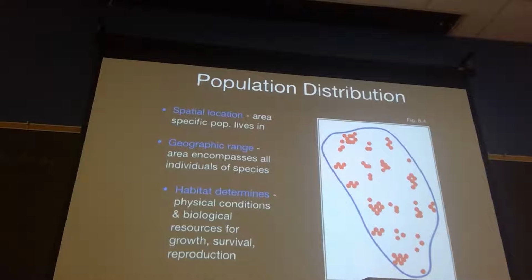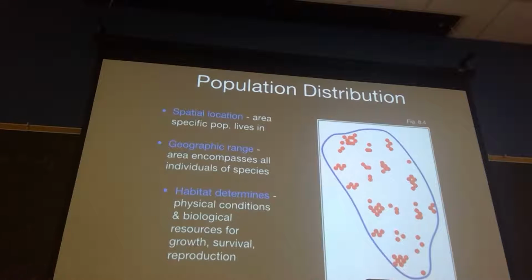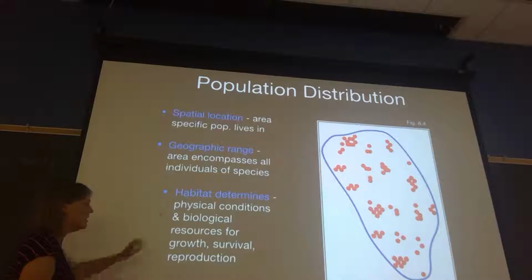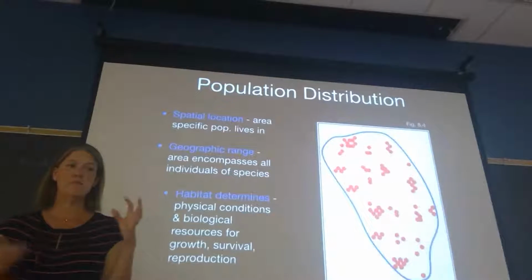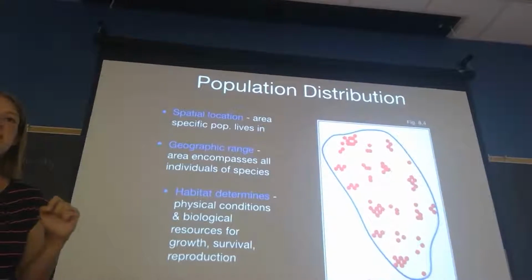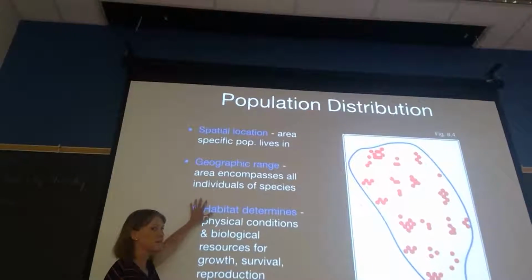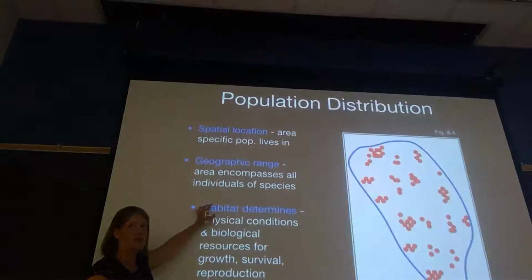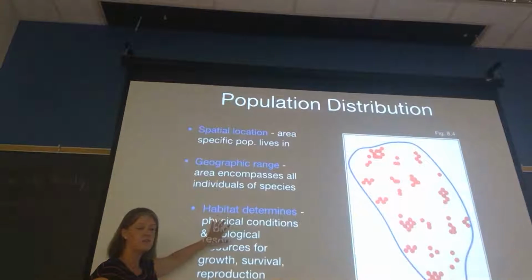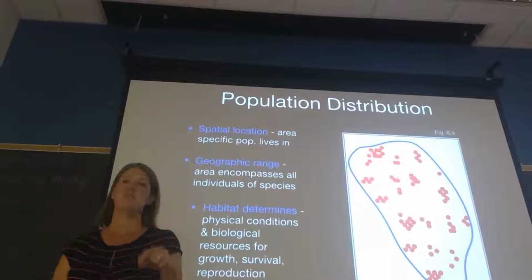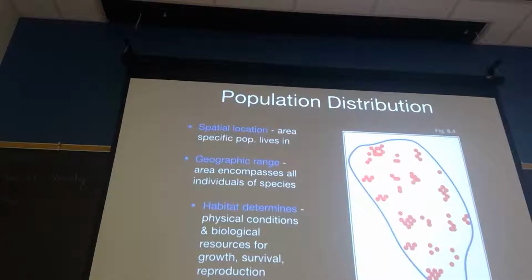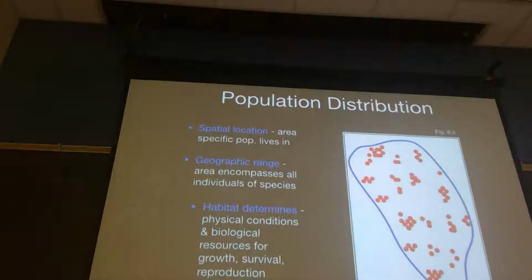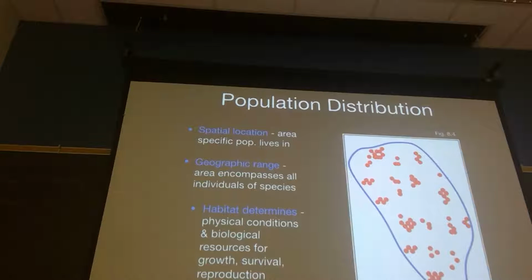They might not actually be there, but they could be there. That's the geographic range. The habitat, the physical environment and the biotic interactions, determine the geographic range that's possible for any given species. And it's the habitat, that physical environment and biotic interactions, that is often determining the actual spatial location of individuals in that population. And this is where, again, the abiotic physical conditions start the process of determining what's going to